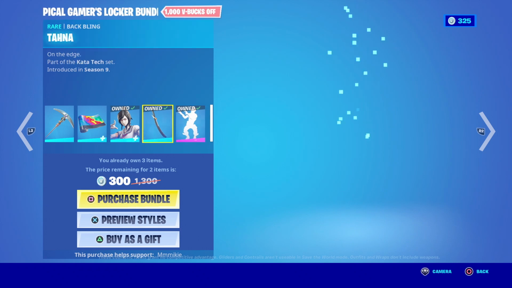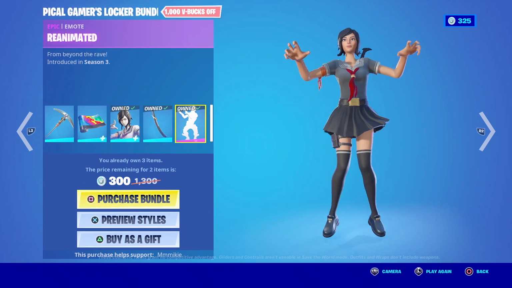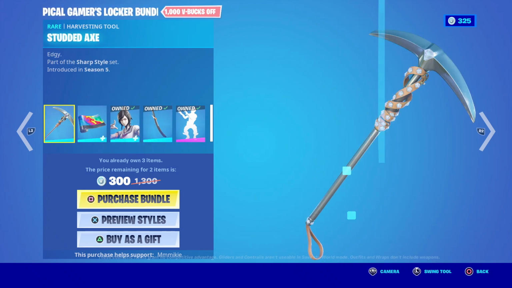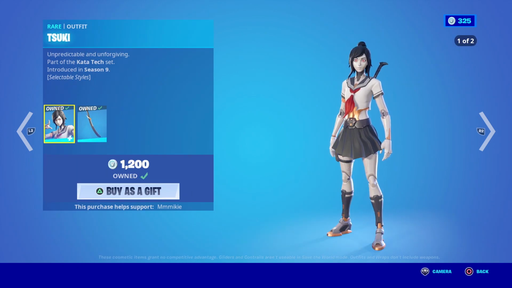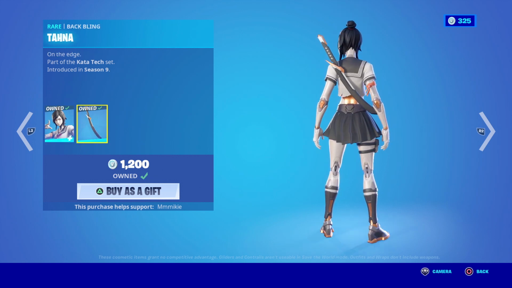I already own some of these items, so I already own the outfit, backbling, and emote, so I would only have to pay 300 V-Bucks, and then I would also get the wrap and the Studded Axe. So I always love when these bundles come out, and I already own some of it, because what a good deal, right? If you want to get them separately, Suki outfit with the Tana backbling is 1,200, and